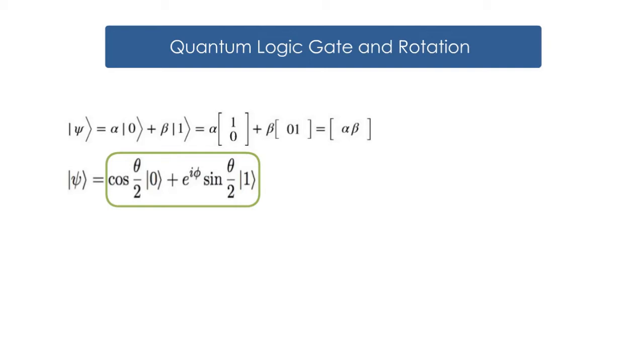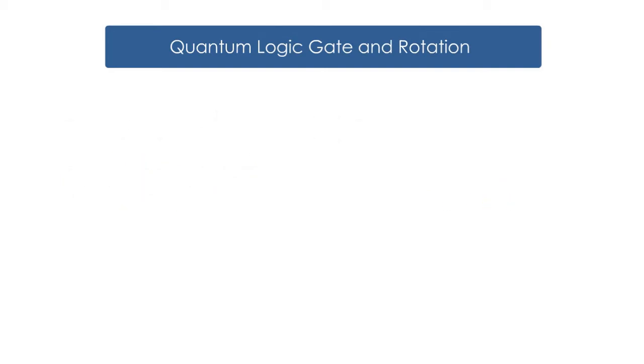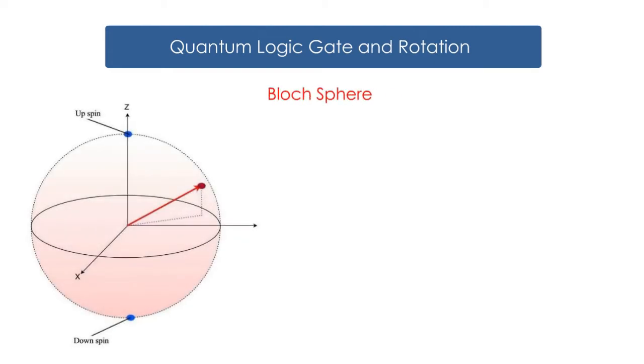Where the state of the qubit can be represented by two parameters, theta and phi. Theta is the angle between 0 and pi, and phi is the angle between 0 and 2 pi. One qubit can be represented as a point on a sphere. A quantum computer is not constrained by 0 and 1 and can take any point on a sphere called a Bloch sphere. We can visualize the superposition as a point lying on the surface of a unit sphere.